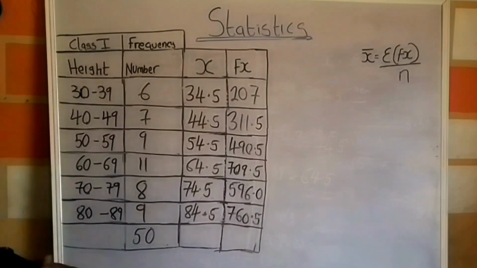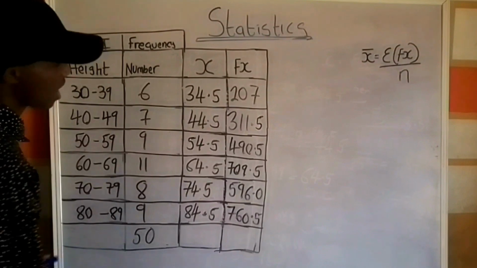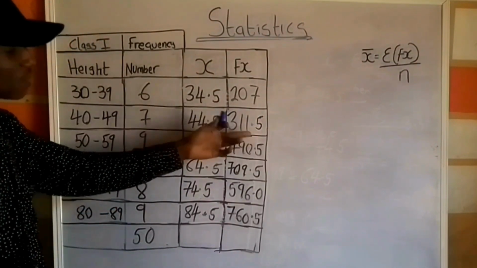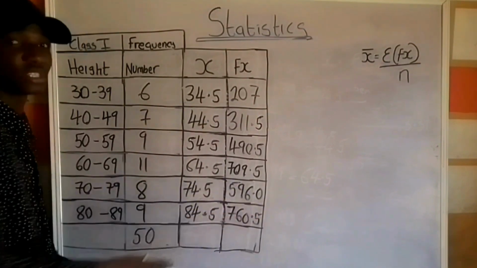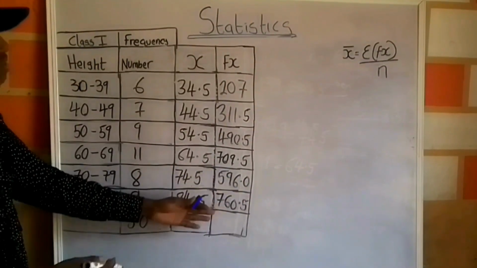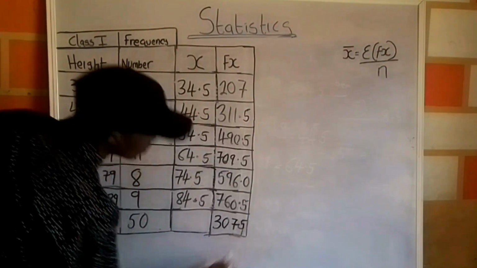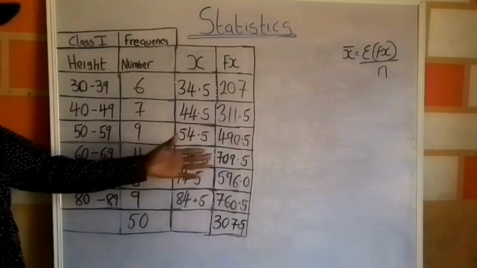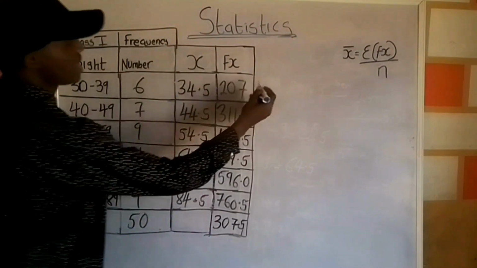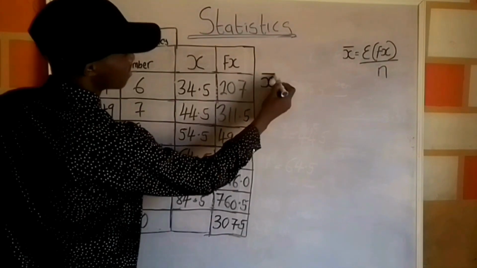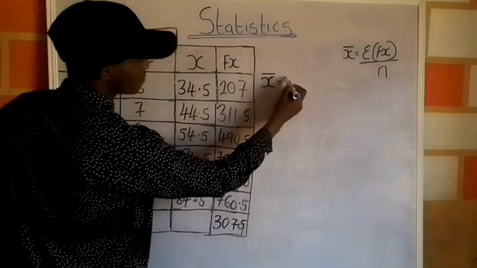So after getting the value of fx, the next thing is to sum the value of fx. So I'm going to have the summation of 207, 311.5, 490.5, 709.5, 496.0, and 760.5. After summing the value of fx, I have 3075. So I have gotten the value of summation fx and the value of n. So I can proceed to get the arithmetic mean. So the arithmetic mean is equal to summation fx, which is 3075